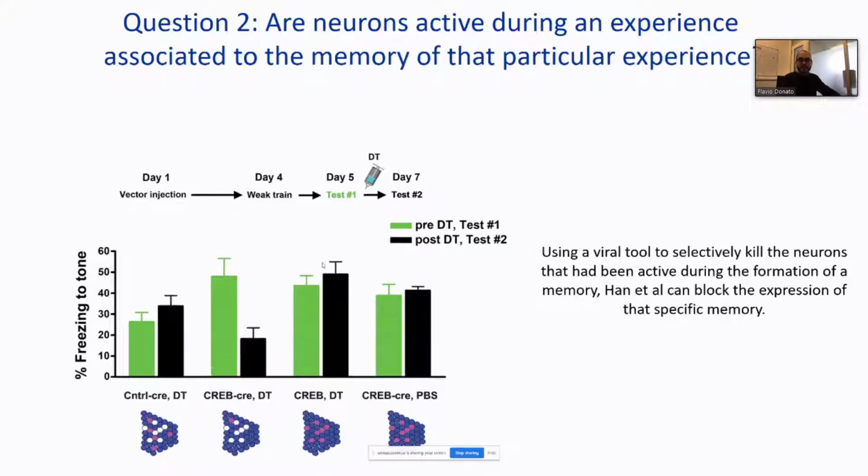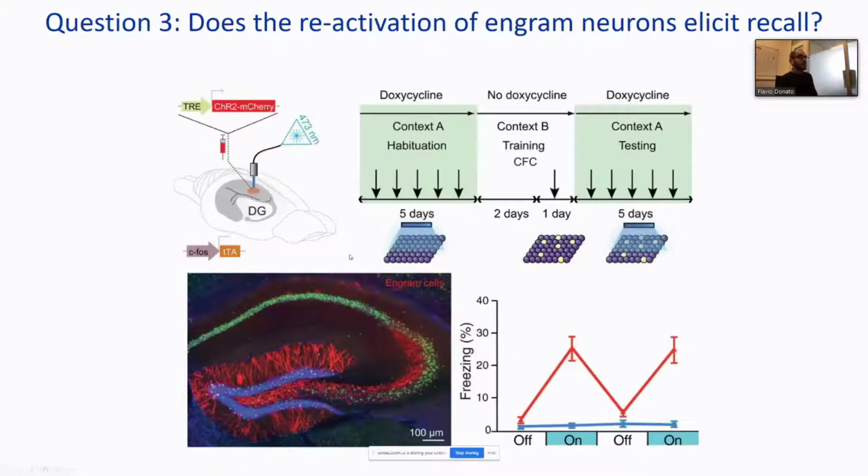The third experiment is, and this is the question that we ask, the first case, right? The loss of function type of approach. You kill the cells, you don't see the function anymore. You kill the neurons, you don't see the memory being expressed. The other question is the opposite. If you activate those neurons, are you able to induce the recall of the memory, even in an environment that normally should not be fearful? The answer is yes, and this is what came through optogenetics.